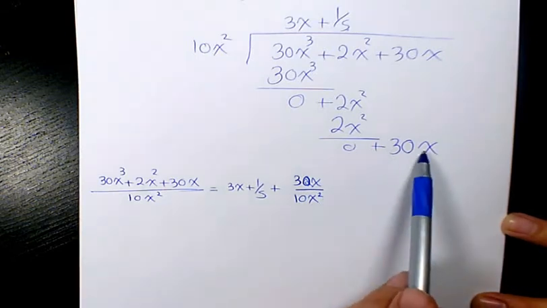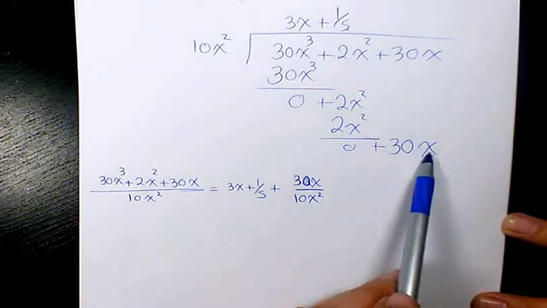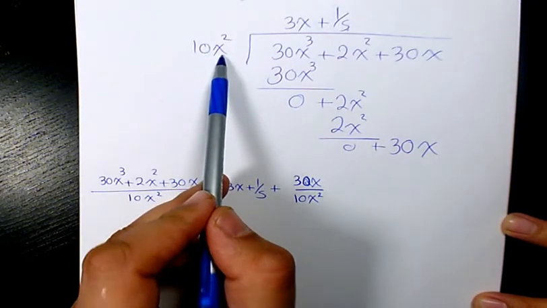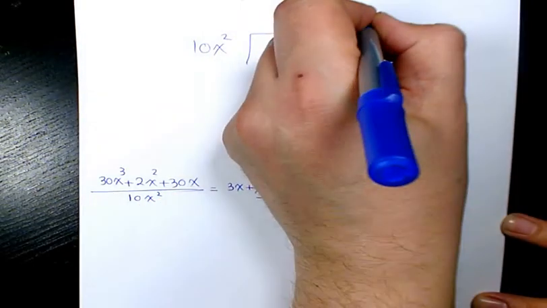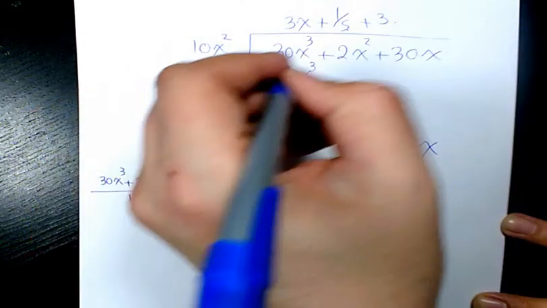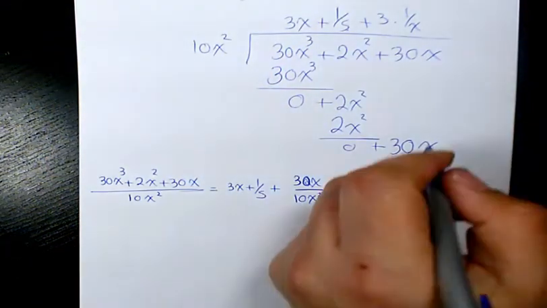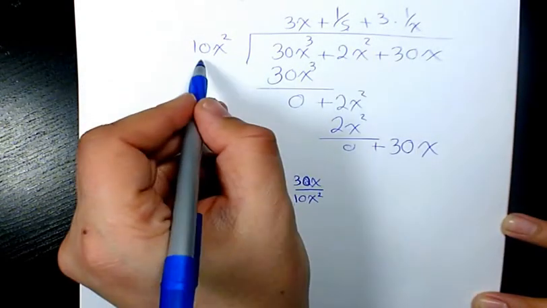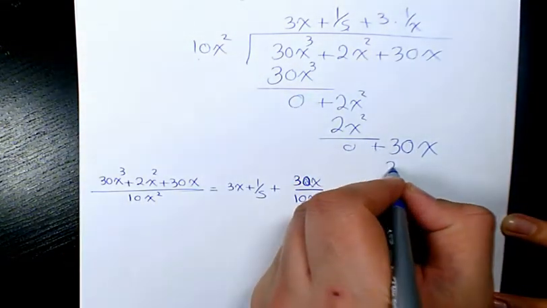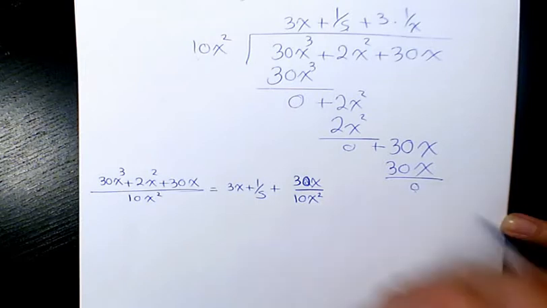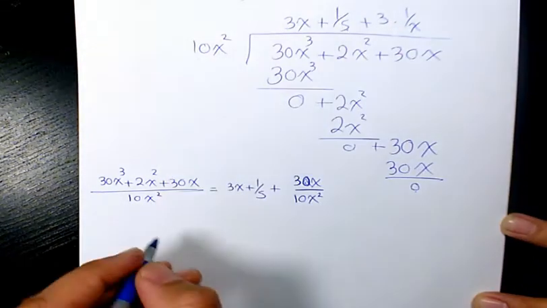Let's say if we wanted to continue, what should we do? So 30x divided by 10x squared is going to be 3 times x divided by x squared, which is 1 over x. So 3 divided by x multiplied by 10x squared is going to be 30x. When you subtract it, it's going to be 0. Then you can say that